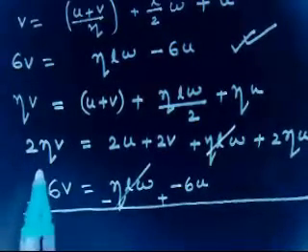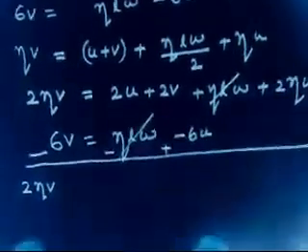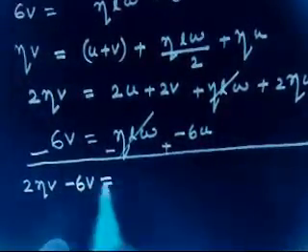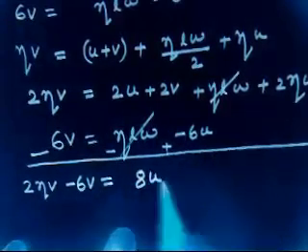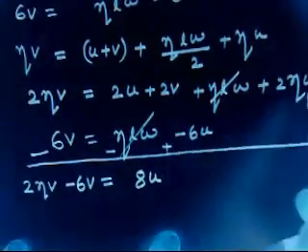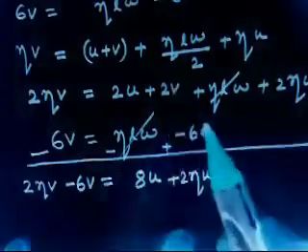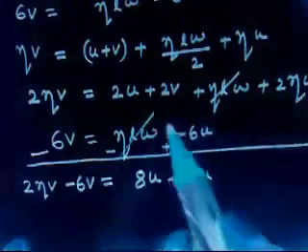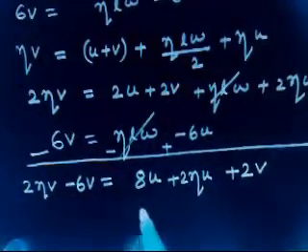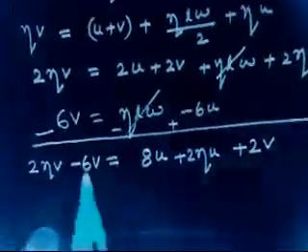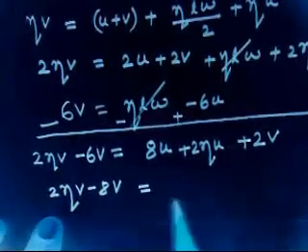This side you will have 2 eta v minus 6v, equals 2u plus 6u, plus 2 eta u, so (6 plus 2 eta) u, and only v, so plus 2v. So v goes to this side, and we will have 2 eta v minus 8v equals